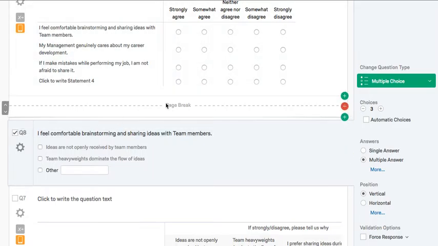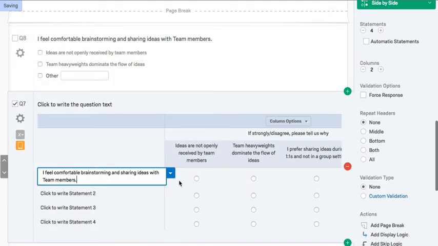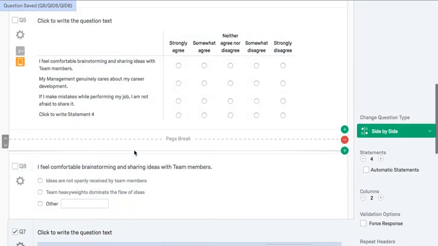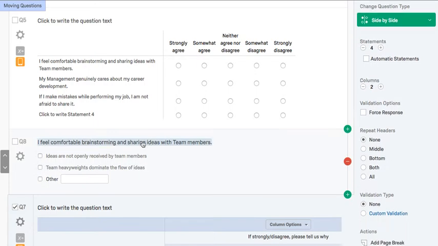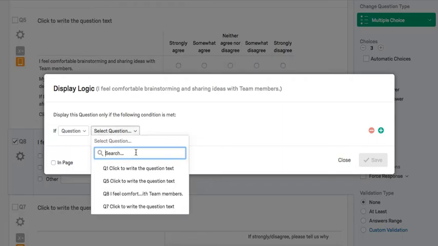With this one, you don't even need a page break, to be perfectly honest. You will need it on this one because they're answer choices you're adding display logic to. But if you're just adding display logic to the entire question, we can remove that page break and just go to add display logic. Then I have question